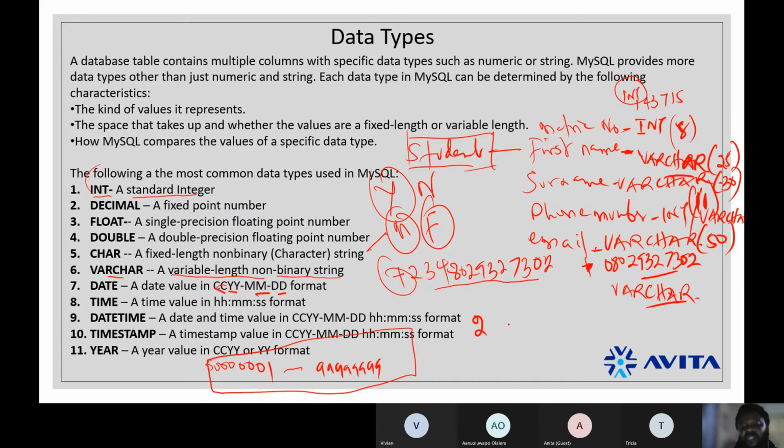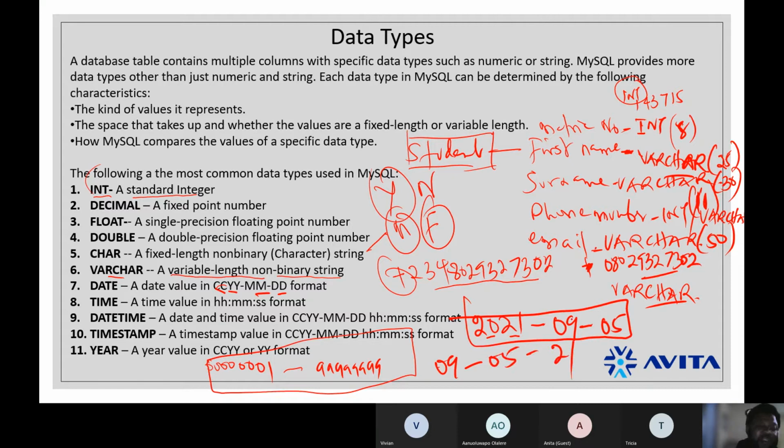If we're going to write today's date on the database, it's going to be 2021, this is the century, this is the year, right? -09, remember that it is two digits, so it's 09-05. This is how the system will store today's date, not 090521. This is wrong. Whatever other variant that you have is wrong. This first one is the right one. That is the system format for date.